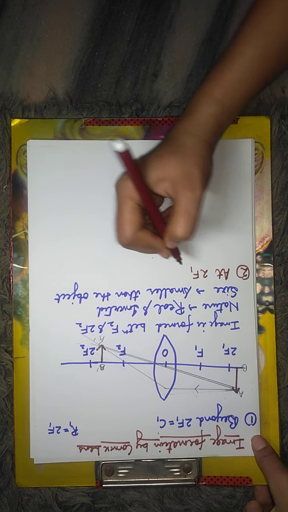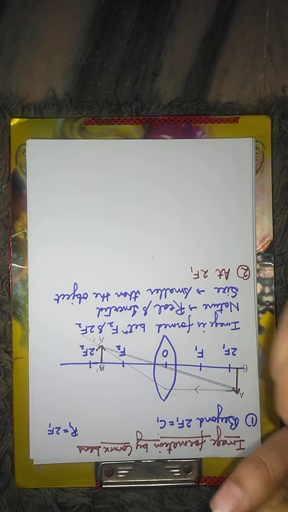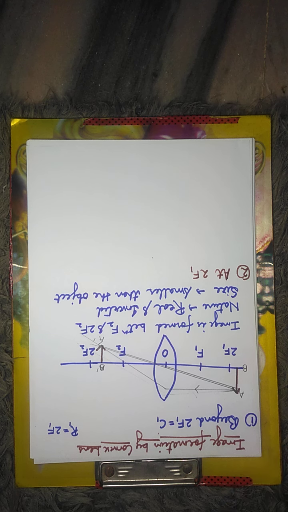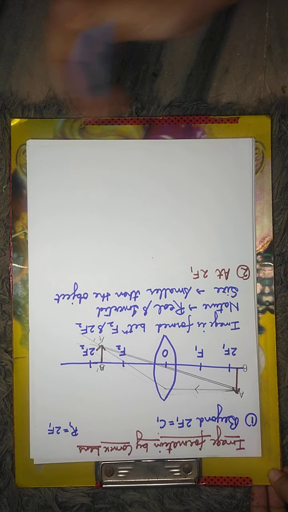This is a very important point because, as you remember, with image formation when the object is placed at the radius of curvature or center of curvature in the case of a mirror, the same size of image is formed. Remember, the same size of image is formed in mirrors. Clear? So now we will see what happens in lenses.